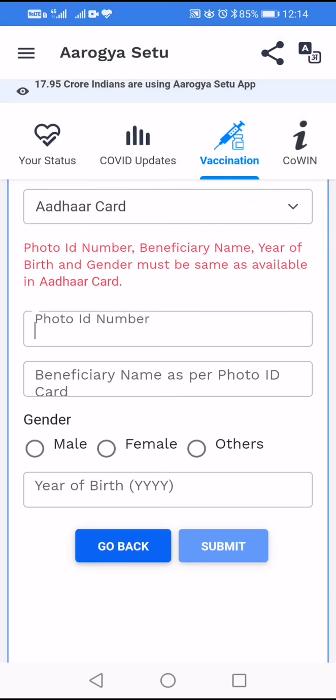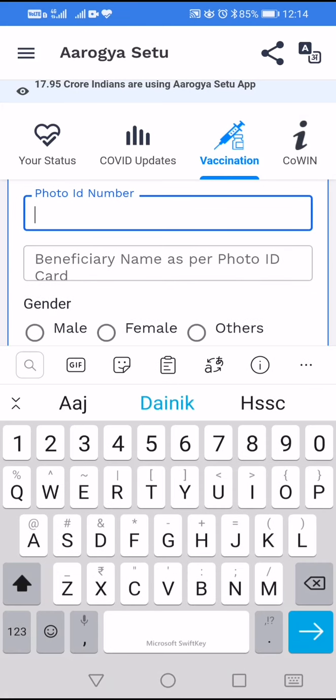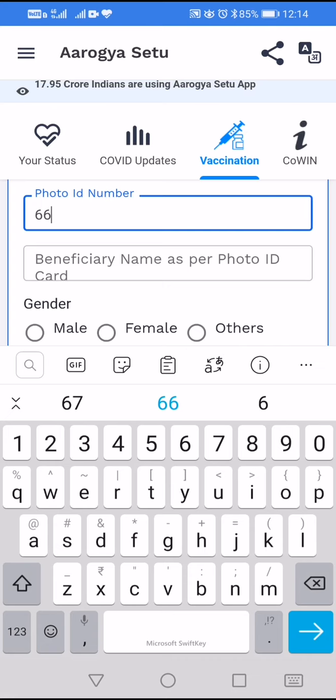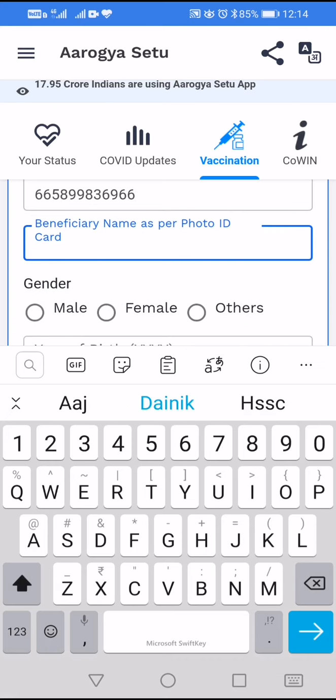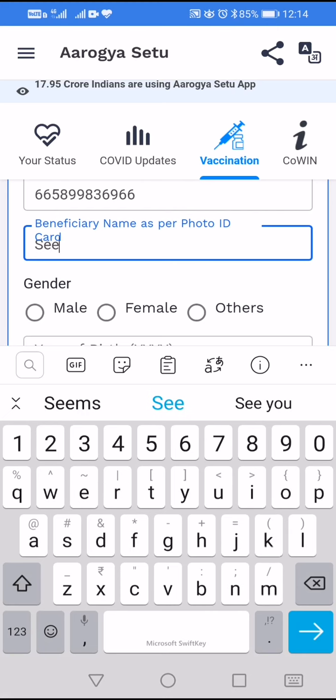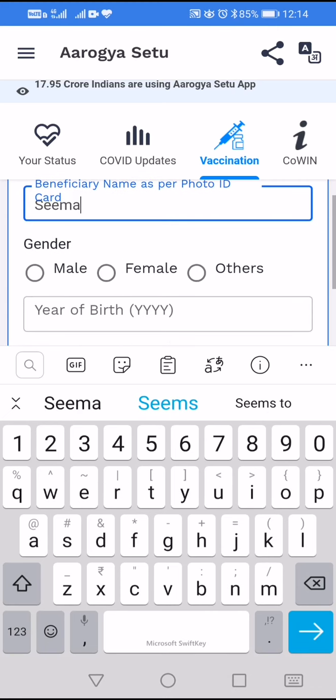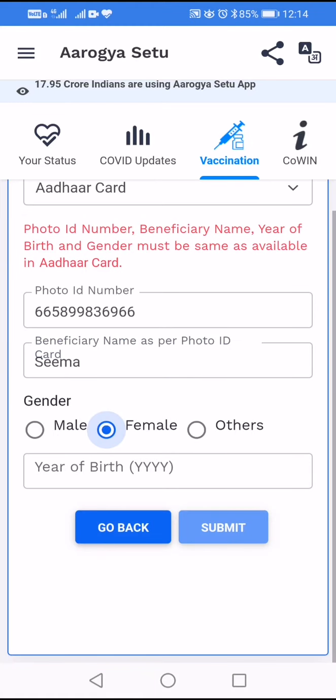Now you have to enter the Aadhaar number here, that is 665899836966. Then you have to enter the name. After that you have to select the gender.